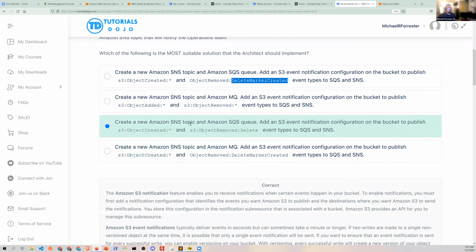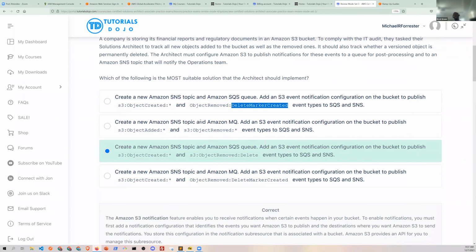So let's go back. I would have gotten that one wrong, because from what I read, I would associate versioning with a delete marker and would have automatically assumed it would have been the first one versus the third. But I guess the context you're stating about being permanent is why. Right?